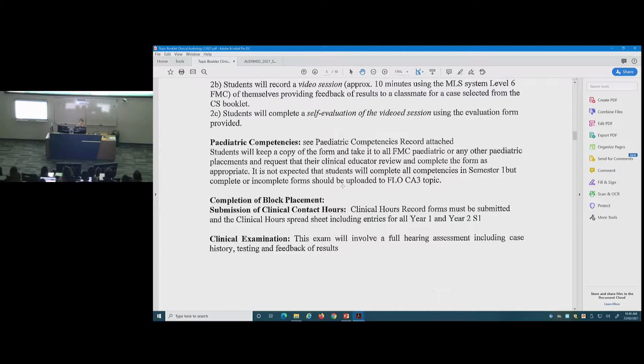And what you will do is keep your own copy of that. So you'll need to print off a copy of that and keep it and take it with you to any FMC paediatric placement or any other paediatric placement that you may have. So it's probably best to have it with you. For example, Health to Go does have some paediatrics. Some of the other clinics that you may do block placements in do some paediatrics. I think someone over the summer had paediatrics. Yeah. Well, Diane, you were here at FMC. Yeah, and I think Stacey did as well. Yeah. So